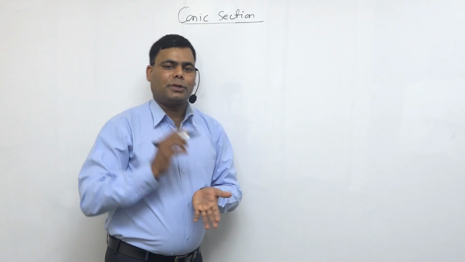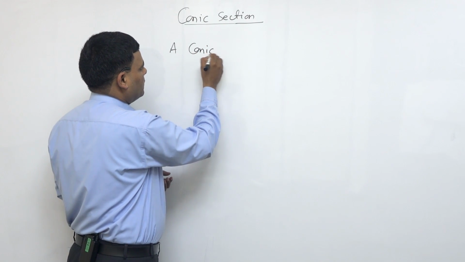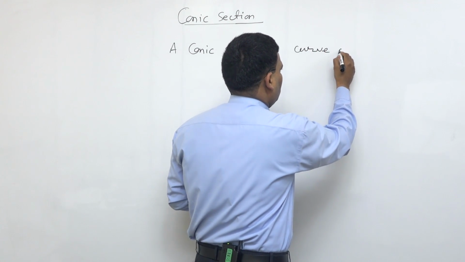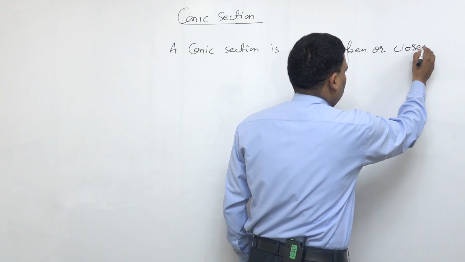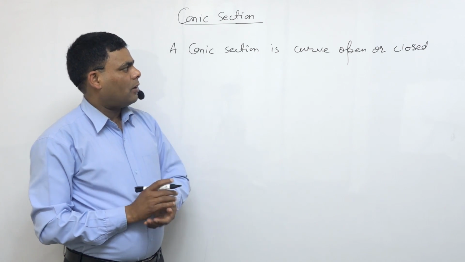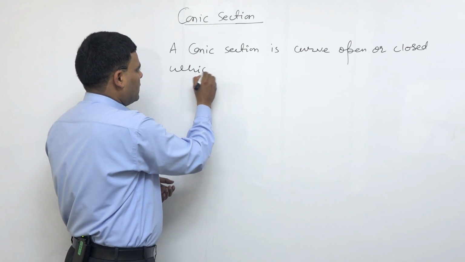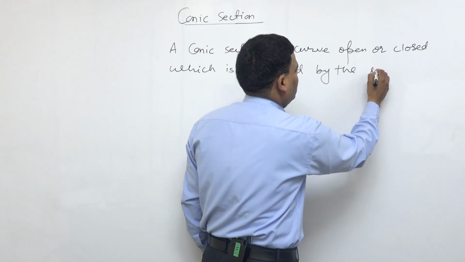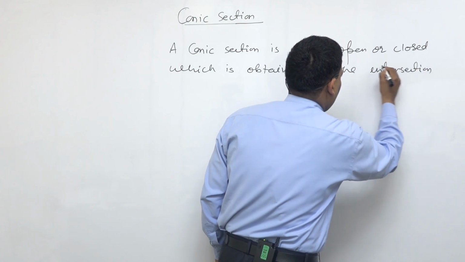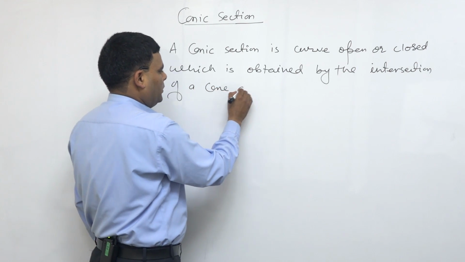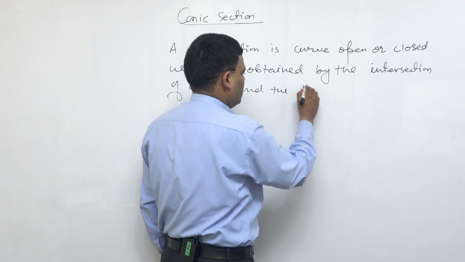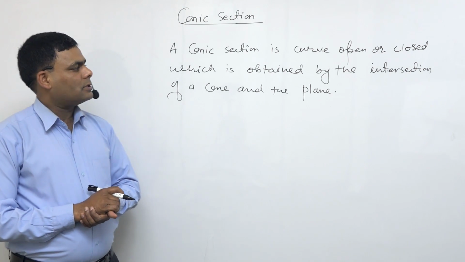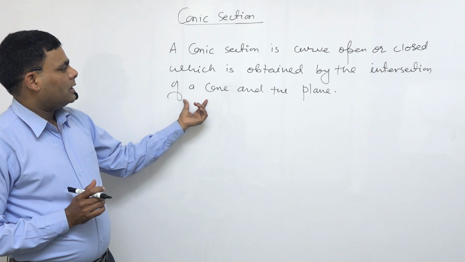First of all, let us define what a conic section is. A conic section is a curve, open or closed, which is obtained by the intersection of a cone and a plane. A conic section is a curve, open or closed. The curve can be open or closed, and it is obtained by the intersection of the cone